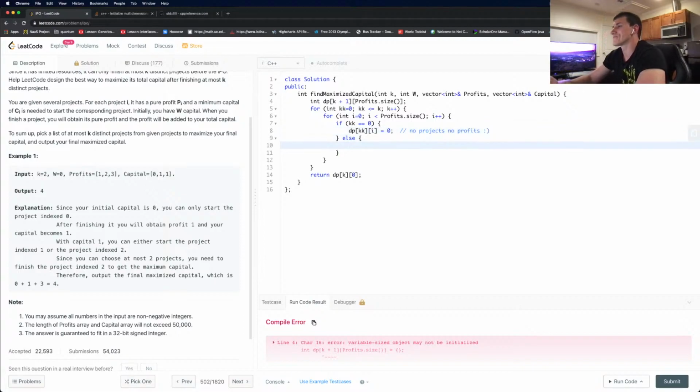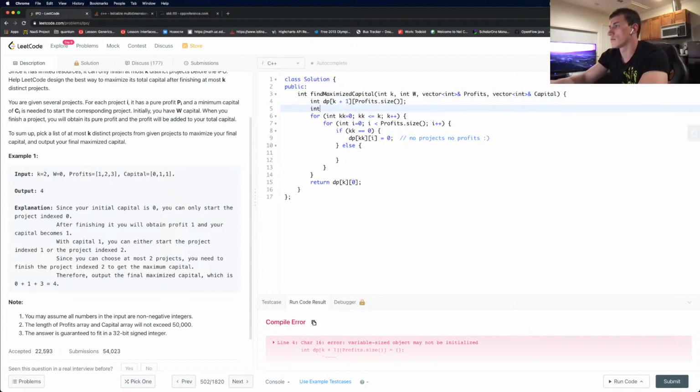So else, so kk is at least 1. Now we need to check that int, let's call it budget, which is equal to w, right?